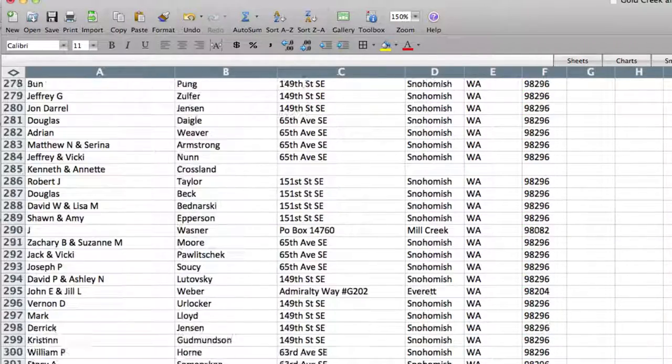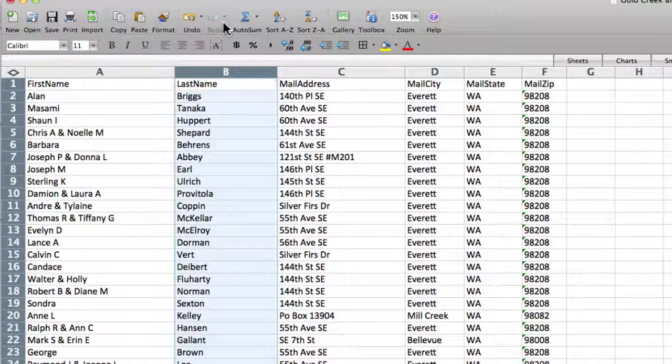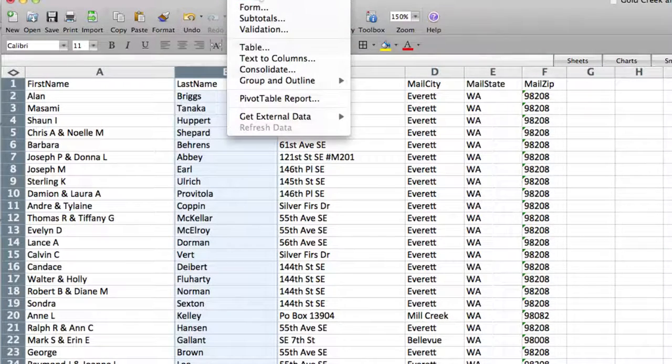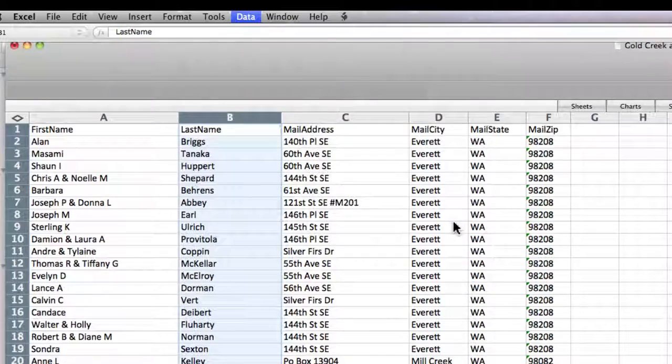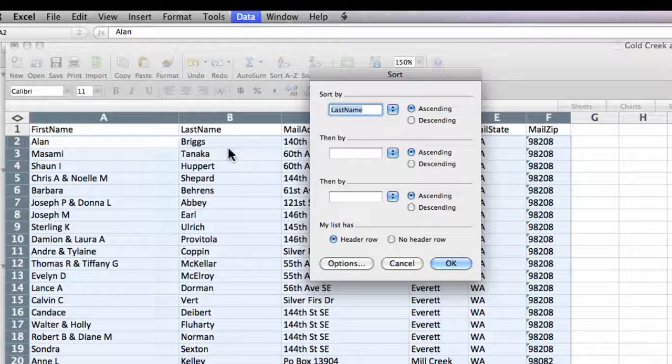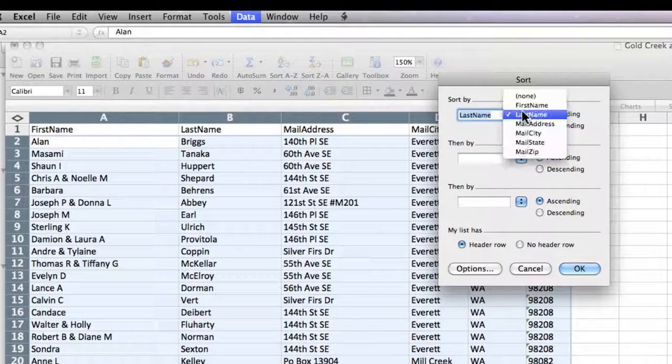Now if there's a lot as I scroll through here, what I can also do is sort. So I'm going to sort on this particular field, and I'm going to go to sort, and it's going to give me this expand the selection, so I'm sorting on all the fields, and then I'm going to sort on last name. But do I really want to sort on last name? I think I'm going to sort on first name,